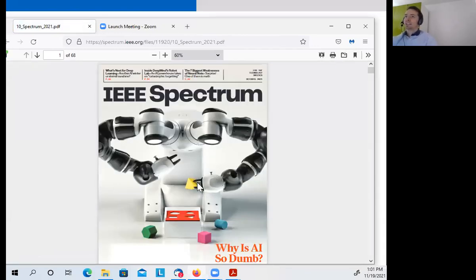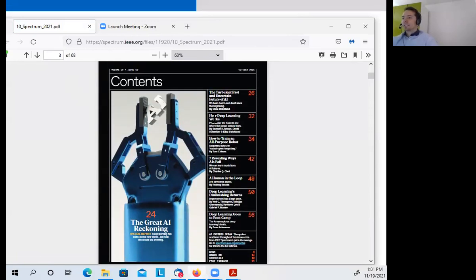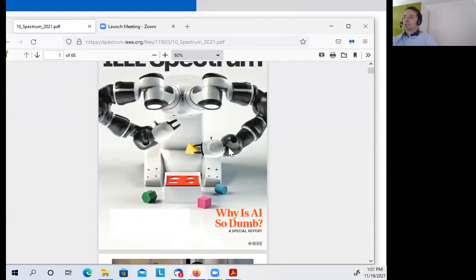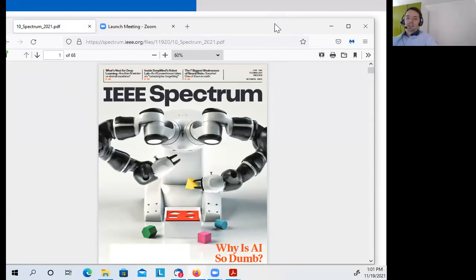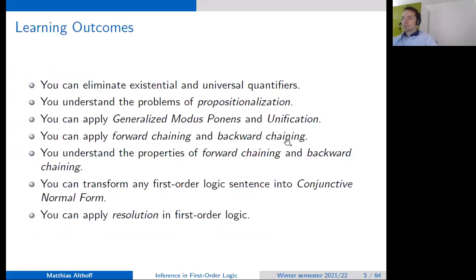So over the weekend, if you want to have something nice to read, I can recommend this magazine. I mean, it's not one article. There are several articles about AI, so this was a special issue about AI. And I think most of you anyways know IEEE Spectrum. And there's also a link to an interview with Stuart Russell, who is one of the authors of the book that we use in our lecture. And of course, both things are not relevant for the exam, just to be clear.